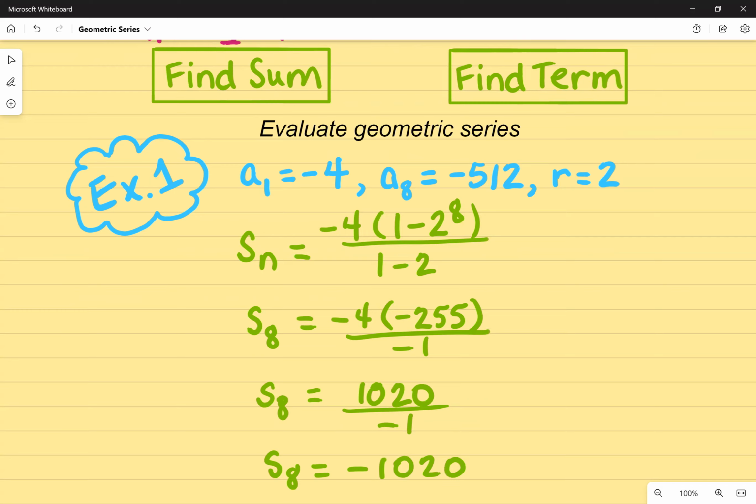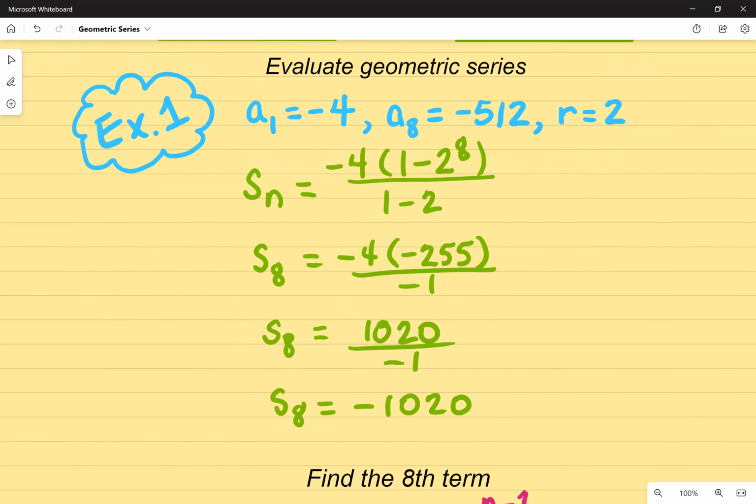-1020. So what that means is all of the digits that are in all of the terms in my geometric series that go from -4 to 512 will actually add up to equal